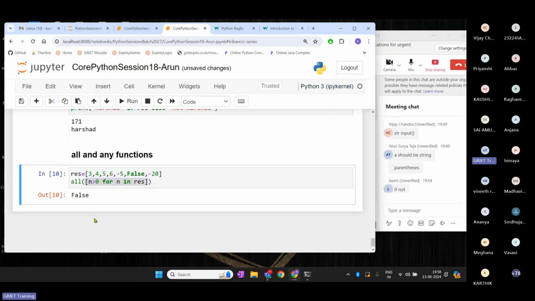So what we are checking is the condition for n in res. We are checking whether all the elements of the list are greater than 0 or not. So all does what the name itself says. The condition has to be true for all the elements of the given list, right? Suppose I just include the positive integers. I'll get the output as true because this condition is satisfied for all the elements of the given list. So let's insert back the negative values